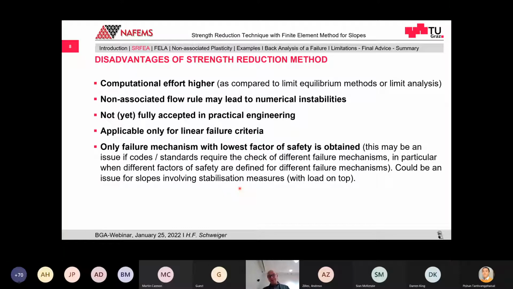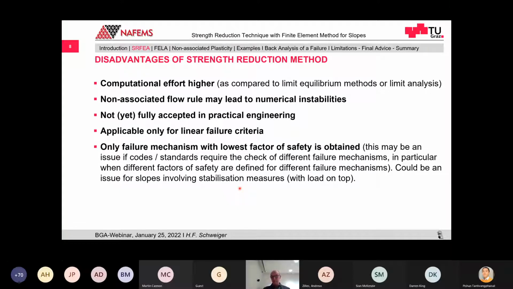Now, the standards may require that you check other failure mechanisms and probably with different factors of safety. Now, that is what you cannot do, because this technique will simply give you the failure mechanism with the lowest